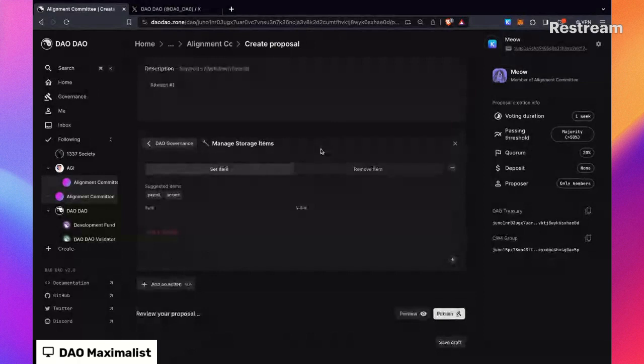These are parameters that the DAO can vote and control through governance. If you're familiar with AIs, they have this thing called a system prompt. The system prompt is what in ChatGPT tells it to do a certain thing. You might be like, you are George Clooney or whatever, right? And like always respond as if you're George Clooney, or you might have a different kind of system prompt. So our system prompt is you are